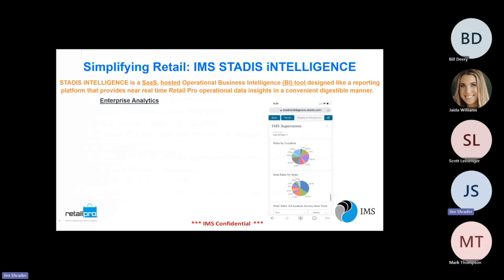First and foremost, what is STADIS Intelligence? It's SaaS-based, so it's software as a service. It's hosted by IMS, and it's a business intelligence and reporting tool. And so what you'll see is that